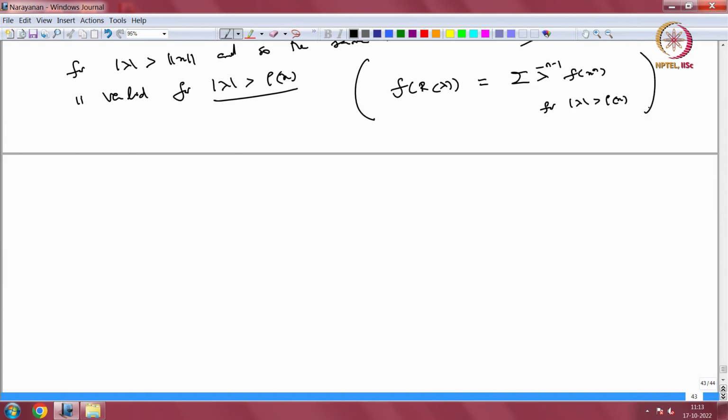So, from here now we simply look at the series. Since the series converges, we know that the terms will have to be bounded. So, for mod lambda greater than rho x, we get modulus of lambda to the minus n minus 1 f of x to the n is less than or equal to some constant, right. So, the terms converge, so all of them will have to be bounded by some constant, but the constant may depend on f, right. So, okay, less than infinity